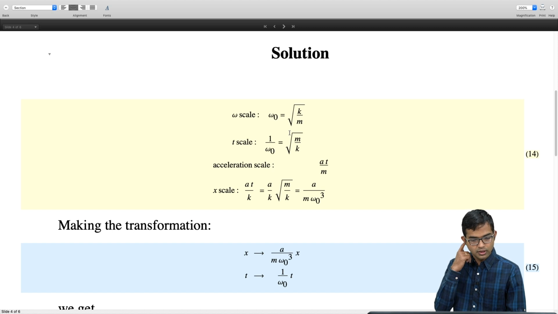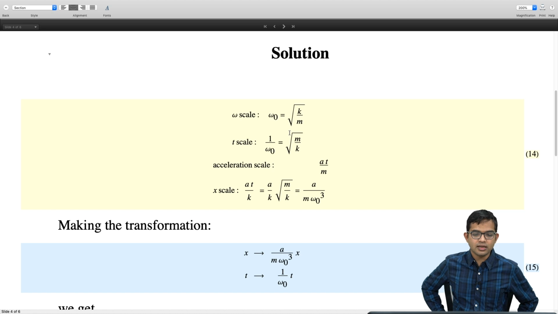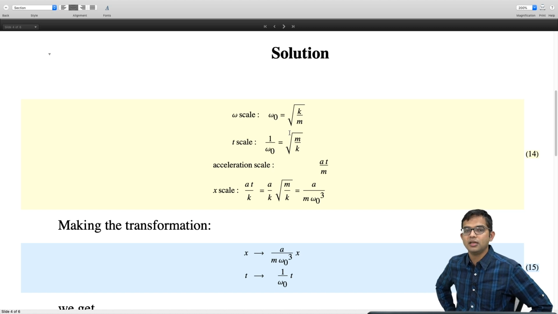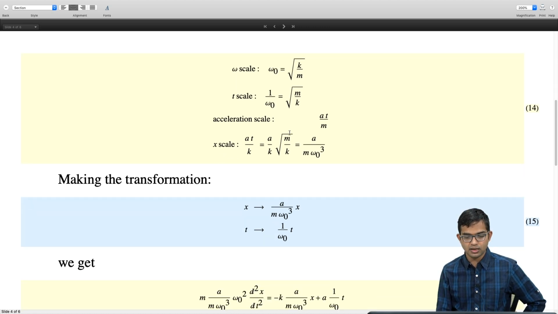You can think of each of these scales and call them by a new label, and then you introduce x divided by the length scale is equal to a new label, and so on. But here the idea is you just retain the labels as they are. x will remain x, t will remain t, but you must interpret it right in the end.